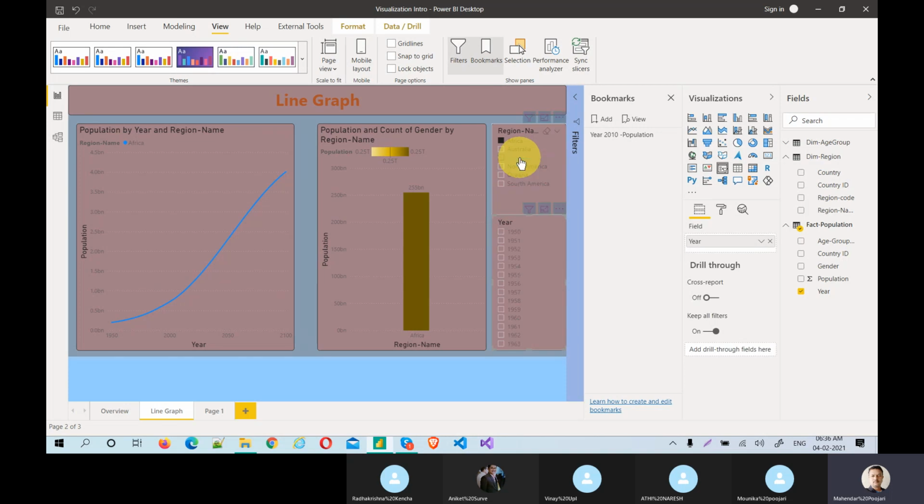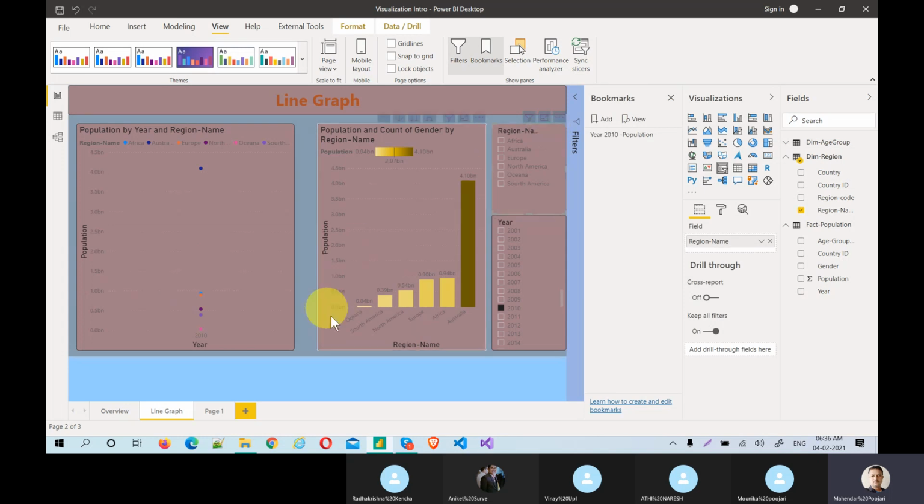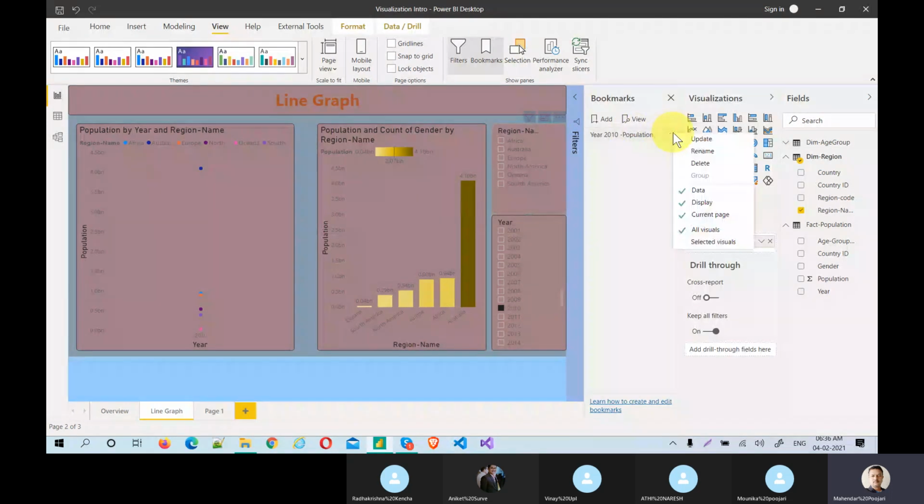You can get the list, and let's say 2010. You just want to see all of them, not only for Africa but all the countries. You just want to see only 2010 values. Now just go and update this bookmark.